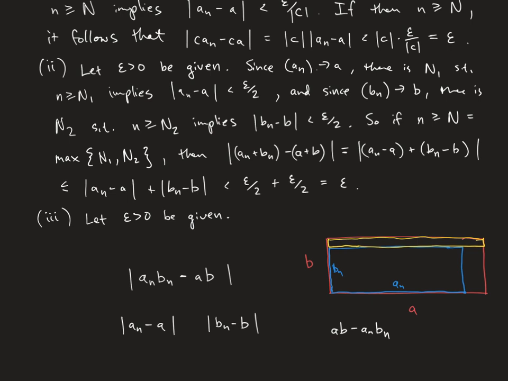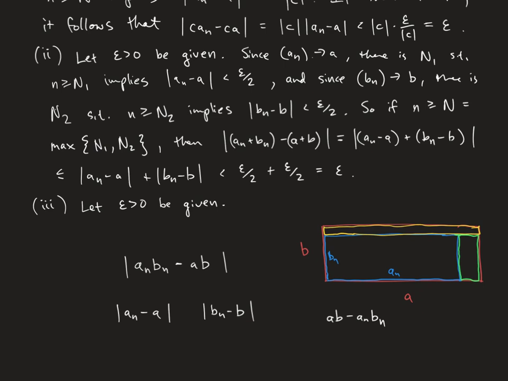Of course, there's more than one way to do this, so I had just deleted that. Have the green rectangle there. So there are other ways to do this. You could have done the green rectangle going up to here and then the yellow rectangle slightly shorter. So it suggests different algebra, but either way would work.